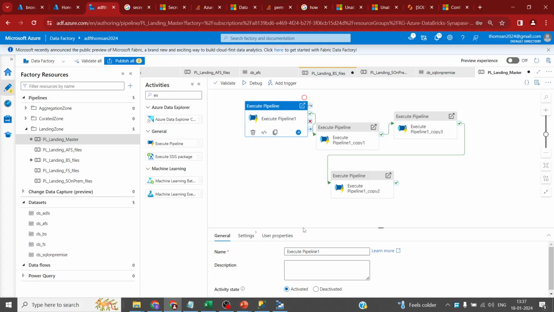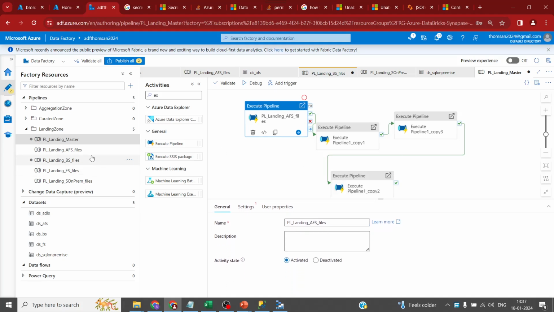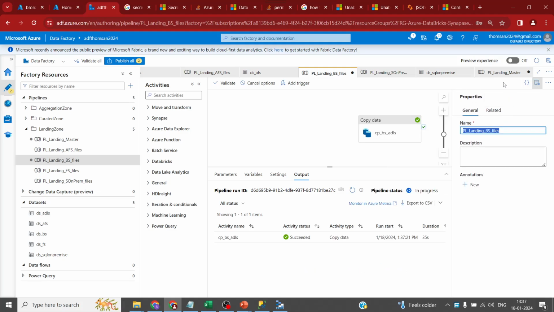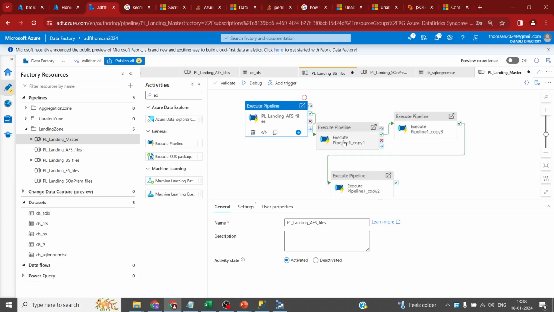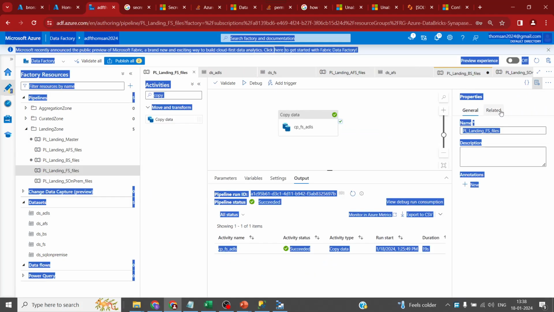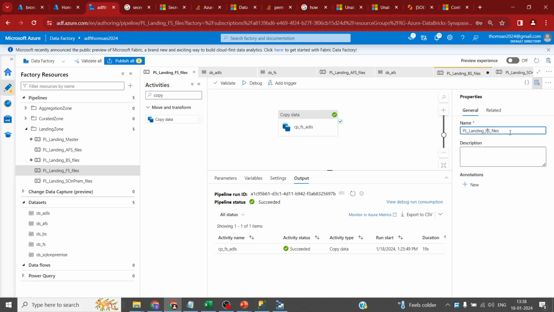You can give the pipeline name, or you can give some other standard name that your organization is following. Okay, you can do that as well. Second is going to be my blob storage. Select this, select the name of this, paste it here. Okay, third one is going to be my file share, on-prem file share. Select this one,